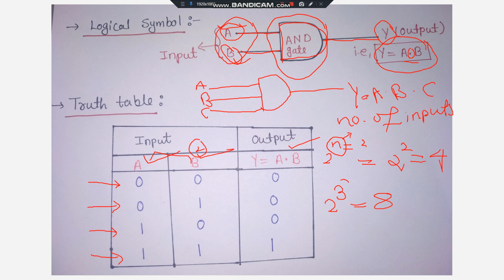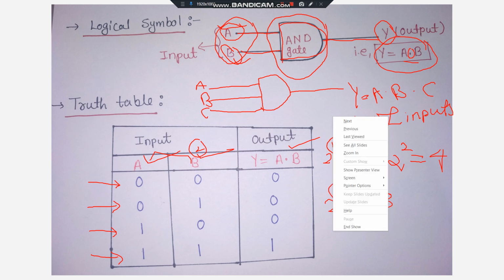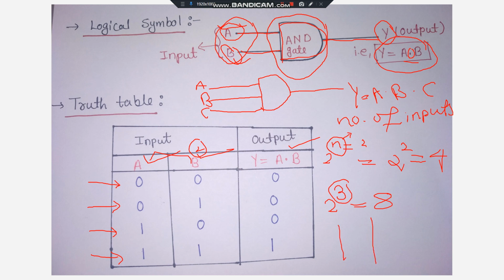3 inputs, that means now we will have 3 variables in the input, and now 3 columns will come, one for A, one for B. If we draw like this, in the input we will get 3 columns, one for A, second for B, and third for C, and then we will write the 8 combinations of 0 and 1. Okay, so similarly we can do for n number of inputs. Now I hope nobody has any confusion about writing the combinations in the input.